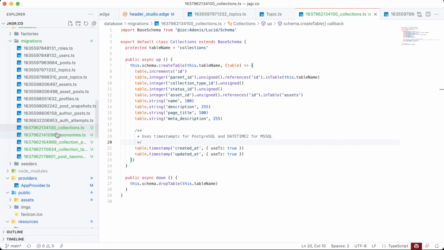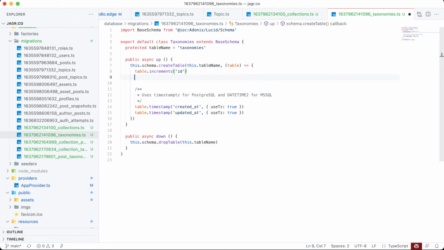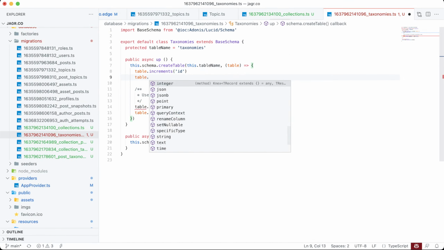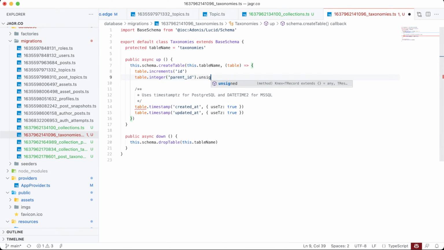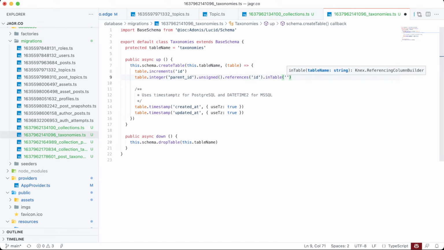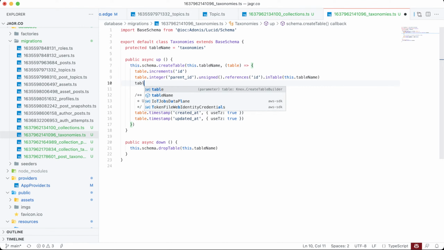And then we need to do the taxonomies. Taxonomies are going to be the same. They're going to be nestable within one another. So this will have another integer parent ID, unsigned, references ID in table, this dot table name. There we go. All right, and then table dot